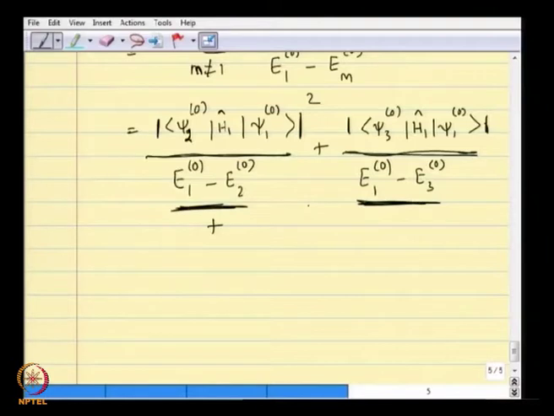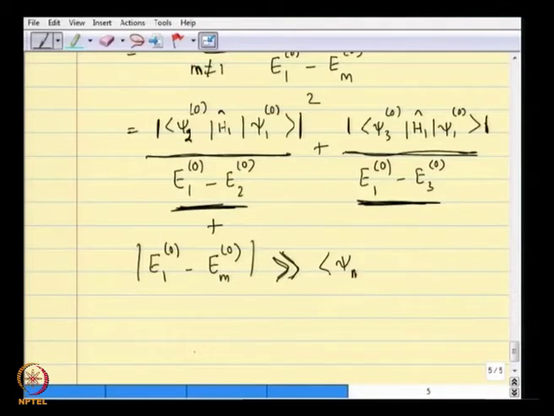Therefore, even as we compute the second order perturbation correction, we do not have to include many terms. It is possible that we do 2, 3, 4, maybe 5 terms of this, and then the corrections are not very significant, provided the energy difference E1 0 minus E m 0 is much larger than